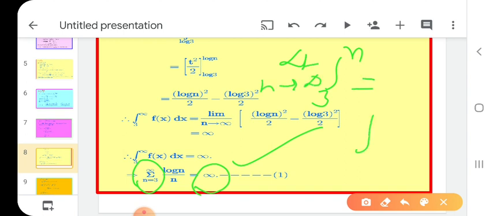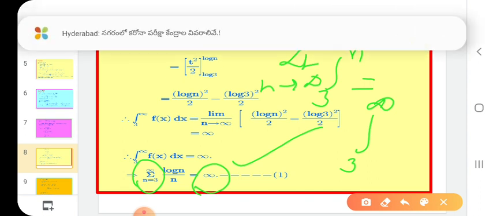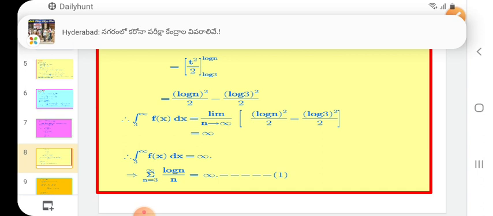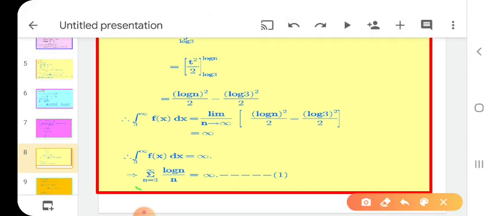That means we find the integral value from 3 to infinity. 3 to infinity means f of x means the given series. So I write summation from 3 to infinity of log n by n, and the value is plus infinity. It's over. But what